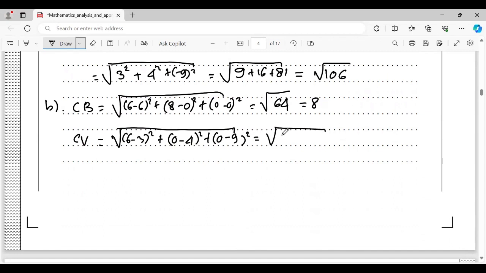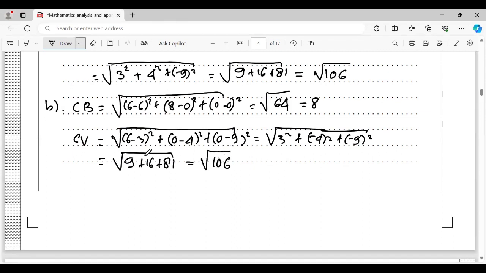It's 3 squared plus minus 4 squared plus minus 9 squared, square root of 9 plus 16 plus 81,